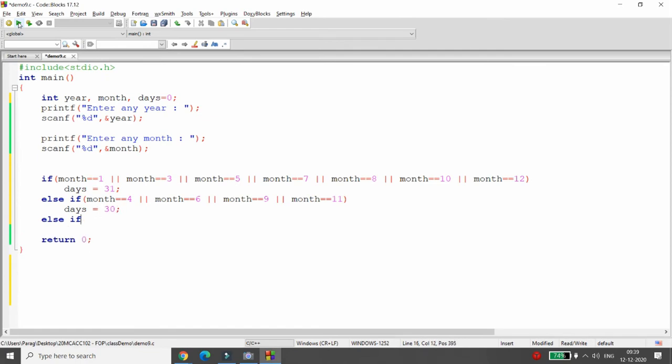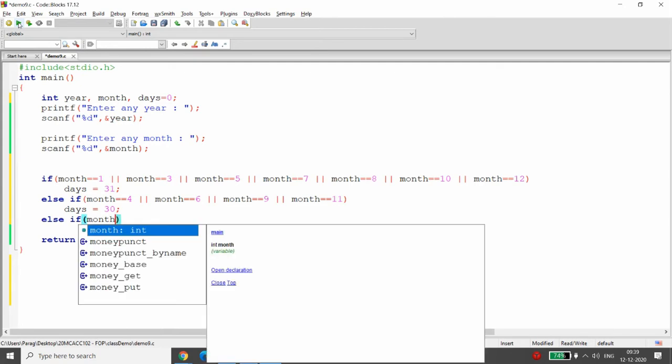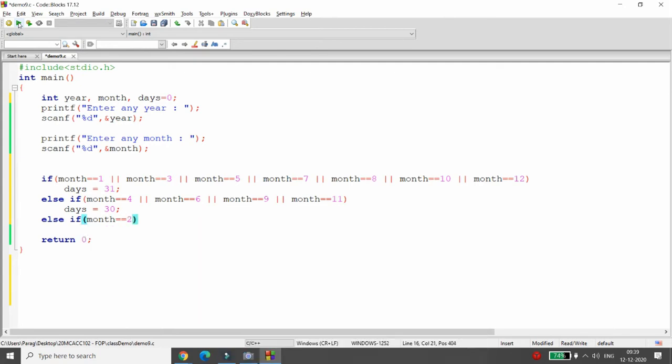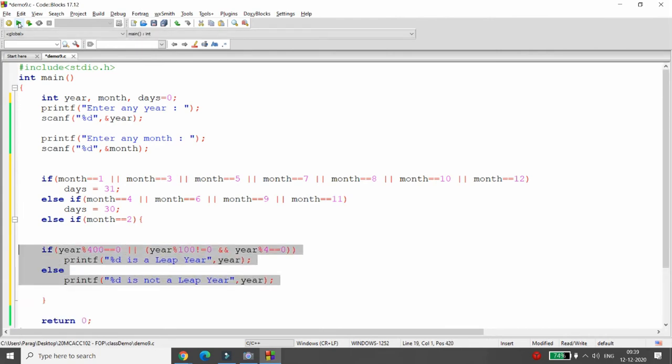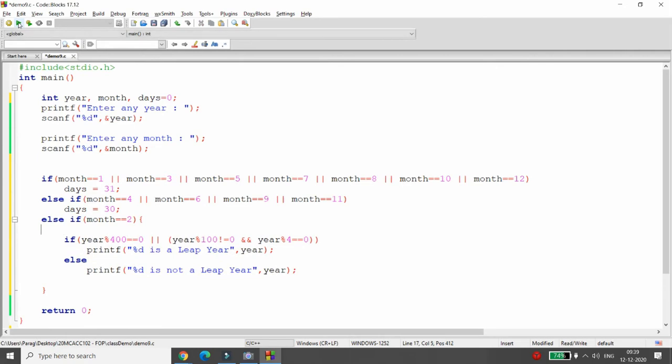Now, this is the very interesting concept. If month equal to 2, then what I need to do? If month equal to 2, then I will check for leap year.